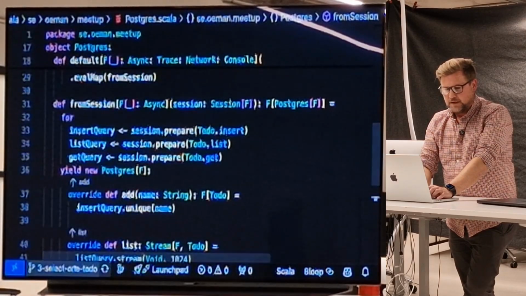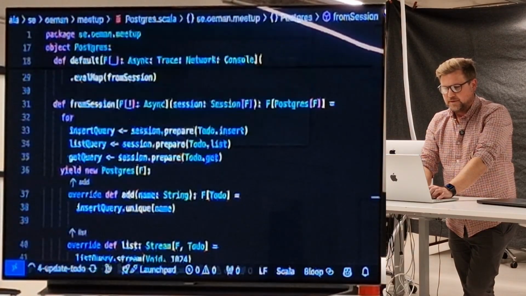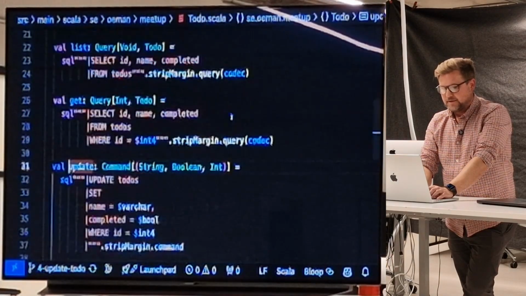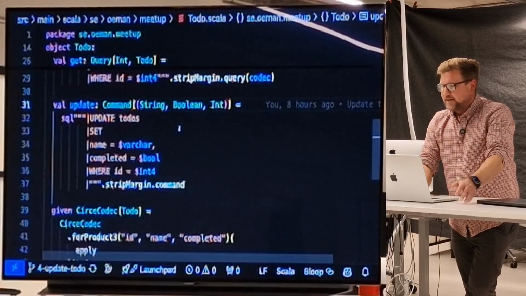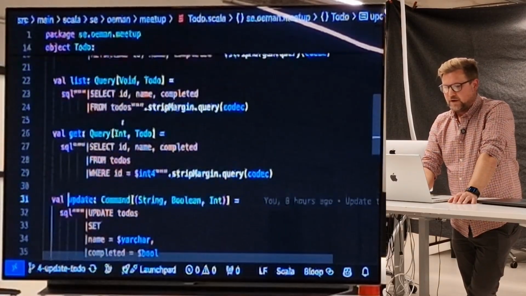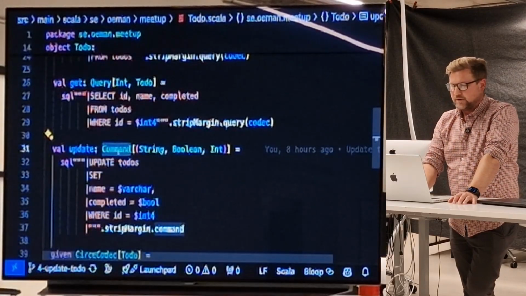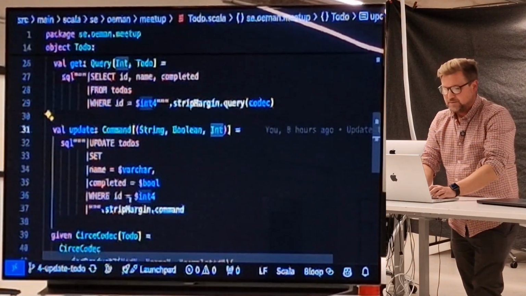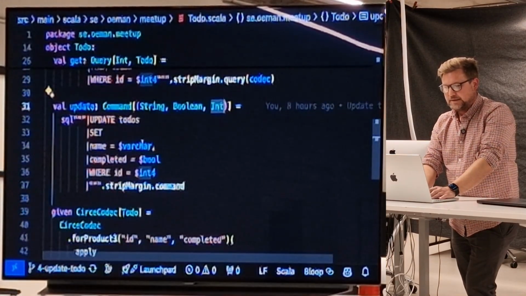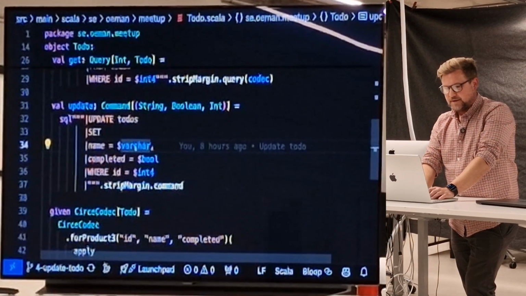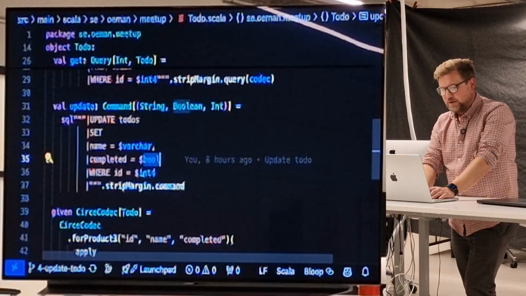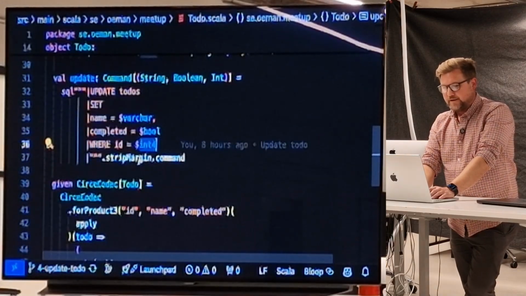So that's one. Maybe we also want to be able to update something. Yeah, it's pretty straightforward. Here we have a command instead, since this is not going to return anything. You just insert a string, a boolean, and an int. It could be an entire to-do as well, but now we're not doing that. So basically, we're updating the name and completed, because the ID we don't want to update, and where the ID